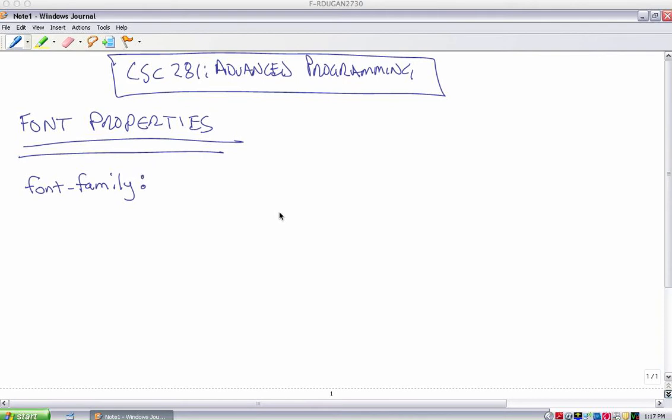colon, Arial, Helvetica, Futura, and sans serif, semicolon. So what this means is that your first choice here is Arial, and if you can't find Arial, Helvetica,